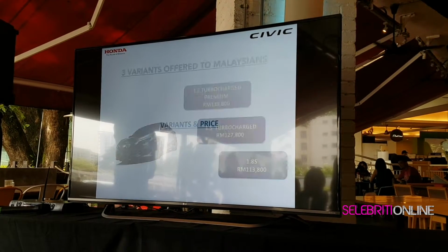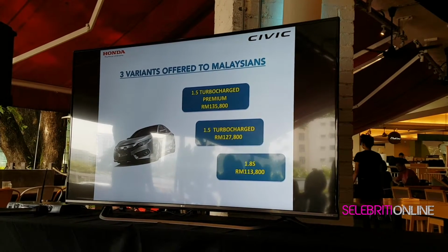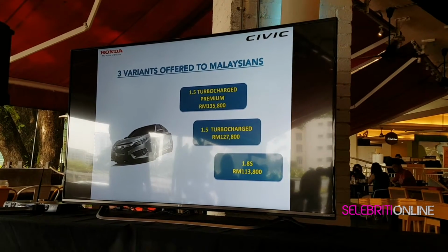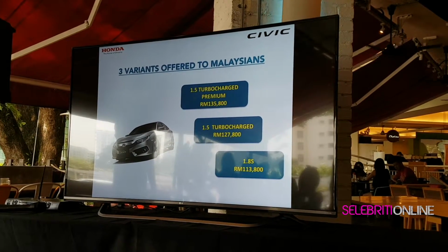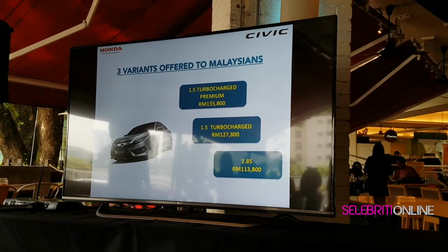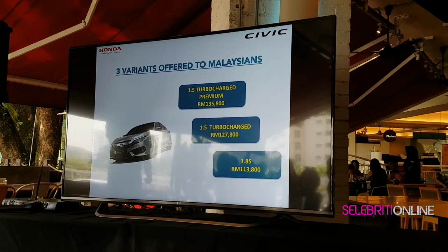We have 3 variants in Malaysia. The lower variant will be the 1.8S, starting from 113,800, and the middle spec is the 1.5 turbocharged. It's about 127,800. And we have the 1.5 turbocharged Premium, which is about 135,800. And the new Civic,